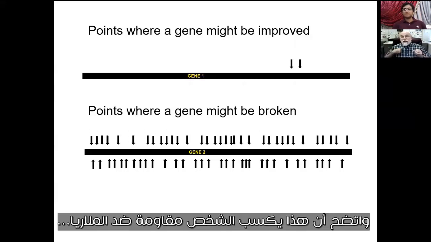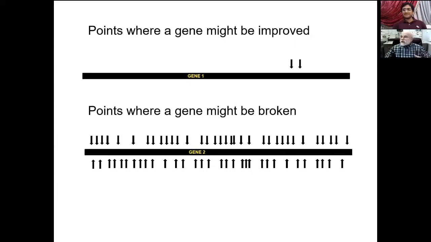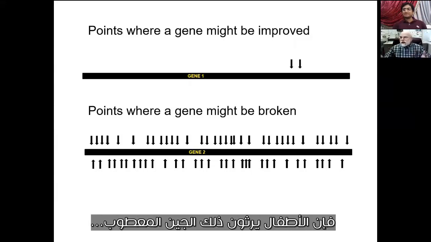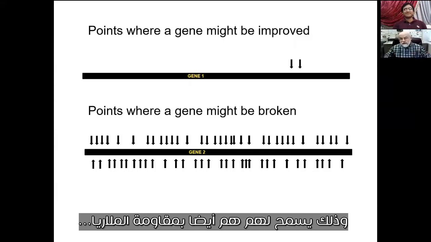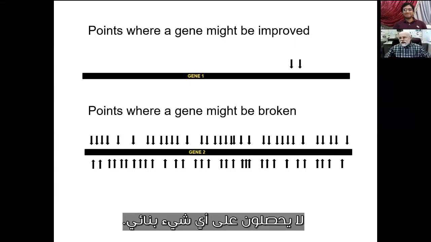And it turns out that gives the person resistance to malaria. And when they have children of their own, the children inherit the broken gene, and that allows them to be resistant to malaria too, but they're getting a broken gene. They're not getting anything